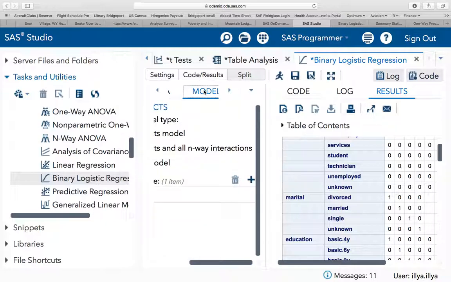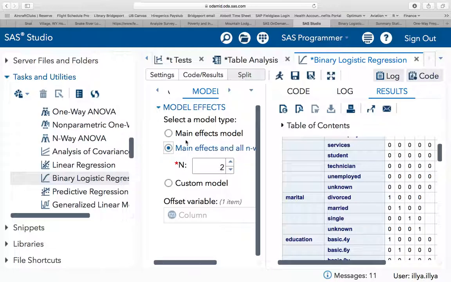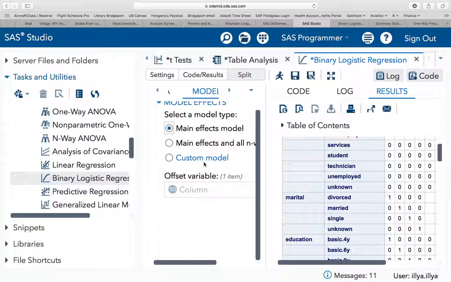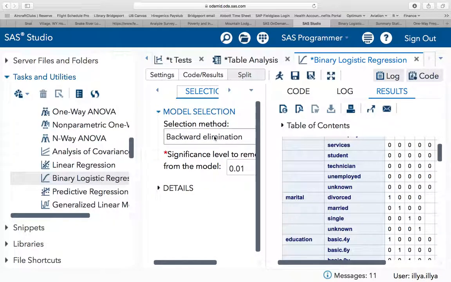In your model, you will try to take a look at interactions. I did not here just for the sake of runtime. Then in selection, you'll do backwards or stepwise, but change this to 0.01. This is the significance for a variable to enter the model. We run this, and